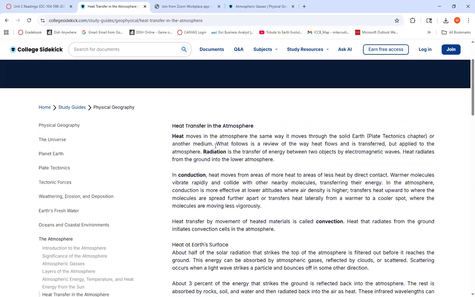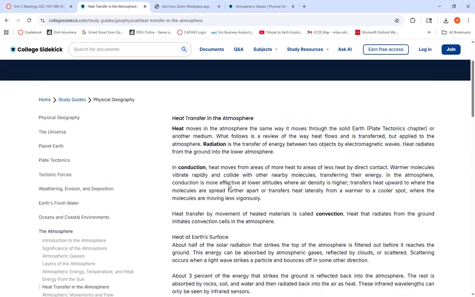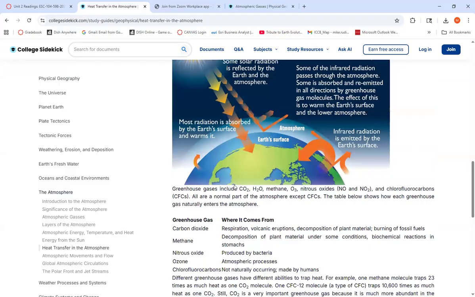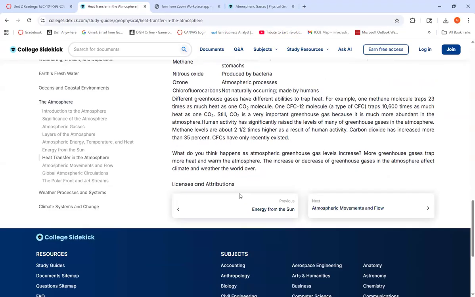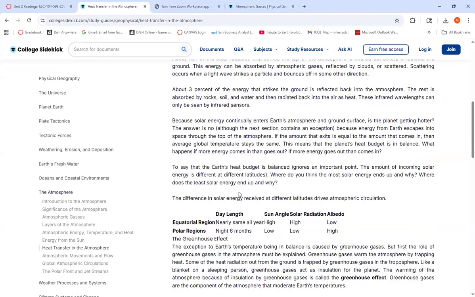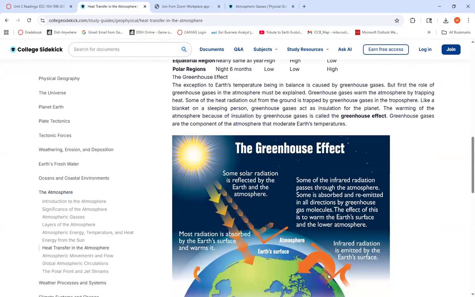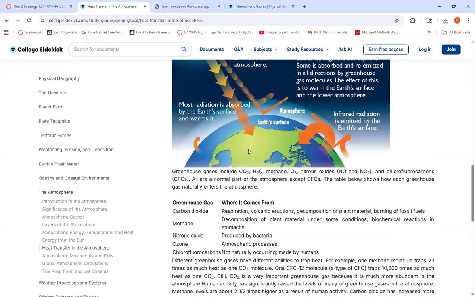Our whole atmosphere, as we just discussed, was about heat transfers in the atmosphere, and we typically have to move heat from the equator to the poles, and we typically have to have ways in which heat leaves from the Earth's surface to the atmosphere. More of the sun's energy is absorbed at the Earth's surface, and the Earth has to find a way of moving that radiation back through the atmosphere, trying to move it back to